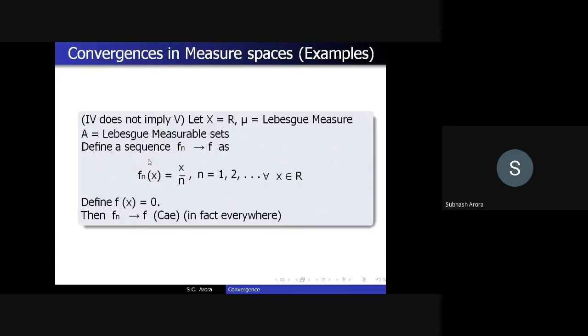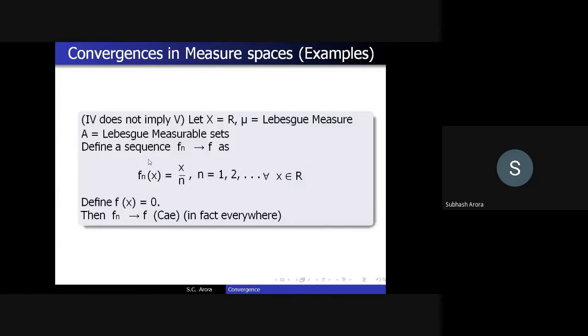Fourth does not imply 5. Why? Because again, if we take X to be equal to R and mu to be Lebesgue measure, and A to be a Lebesgue measurable set, if we define a sequence f_n(x) = x/n, n going from 1 to infinity, and so on,